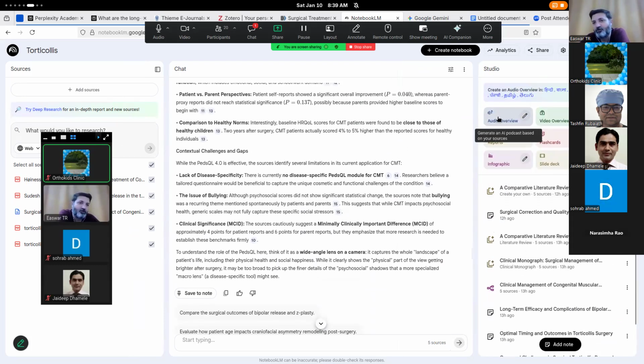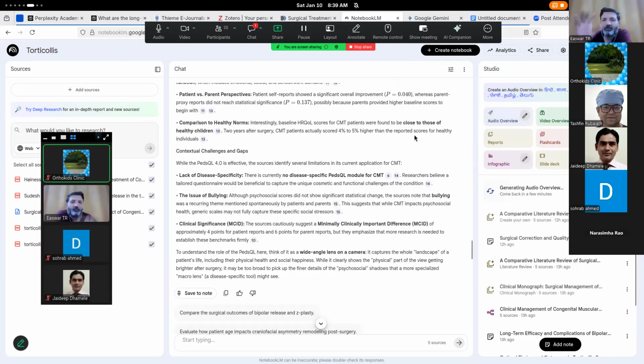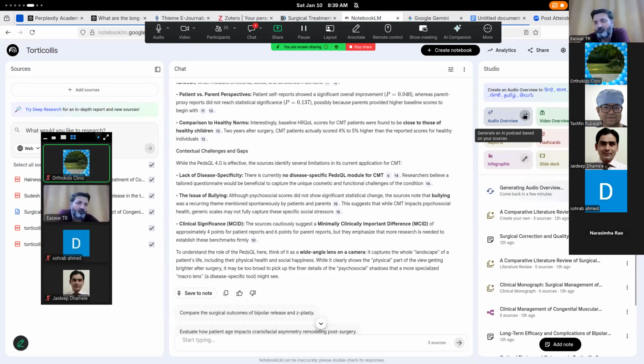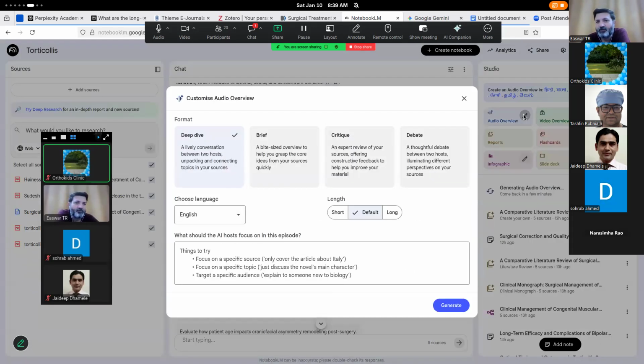That is when the audio review comes in. If you click audio overview, it will play around for some time, and it will do this generating audio review, which will be available for you to hear and summarize the gist of all these papers. There is a way in which you can customize this audio review, what it does. The standard one is not very interesting, but